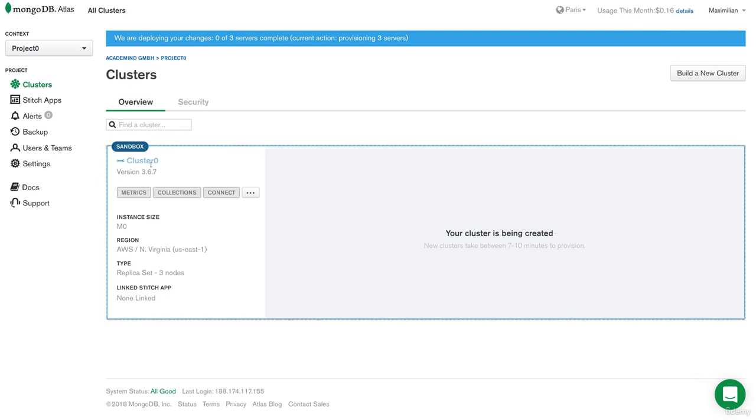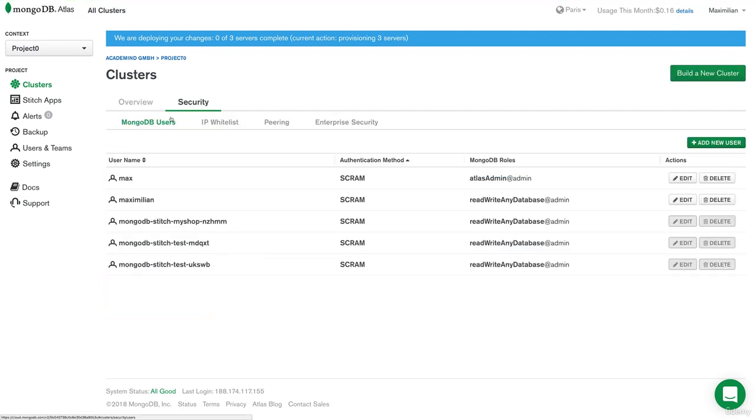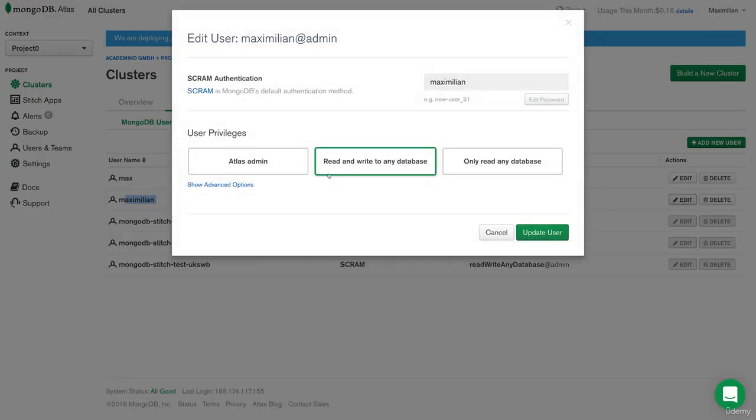Now, whilst this is getting set up, you can already click on security here. And there you will probably not have as many users as I do. Now make sure you add at least one new user, and I already did this, which, and that's important, has read and write access to any database. You can also turn it into an Atlas admin, but more realistic is this here,